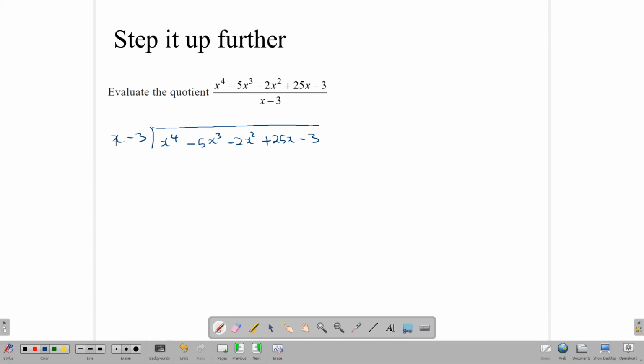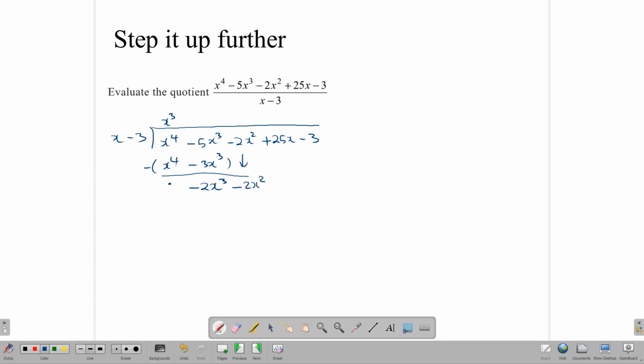Now here we go. X into x to the fourth will go x to the third. And then we multiply. X times x to the third gives us x to the fourth. Of course, we're going to multiply this. Negative 3 times x gives us a negative 3x to the third. Let's just write that properly there. And do our subtraction. So x to the fourth take away x to the fourth, that's gone. And then negative 5x to the third minus 3x to the third, that's a negative 5 plus 3 gives us a negative 2x to the third. And we're going to drop down our next term, which is